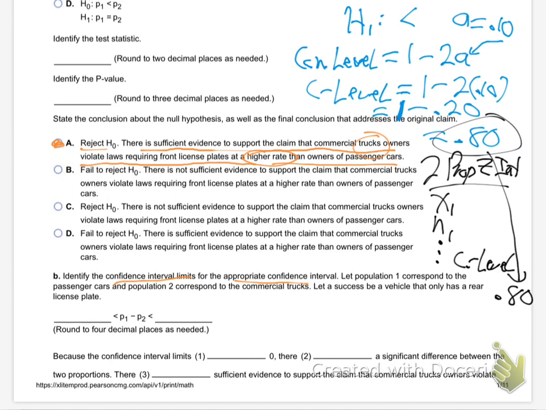Hit the buttons on your calculator. You should get negative 0.0565 and the other one, negative 0.0023, rounded to 4 decimal places. And so, now what does that mean? Because the confidence